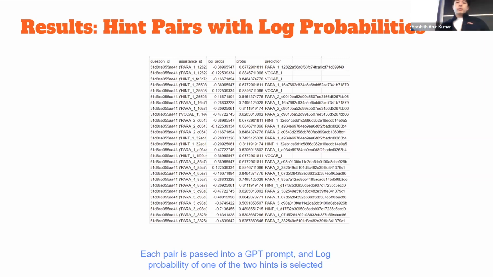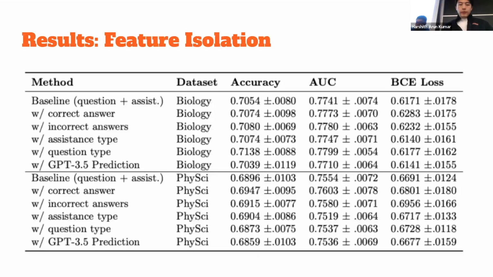Yeah, so for these results, these are also paired with the log probabilities, like the prompt that Harshith mentioned. These were the outputs from there. So as you can see, we have essentially question IDs and assistance IDs, and they will map towards specific textual information. And from here, we're able to query GPT to make a decision on which of these hints were actually better. So going further into our isolation studies,